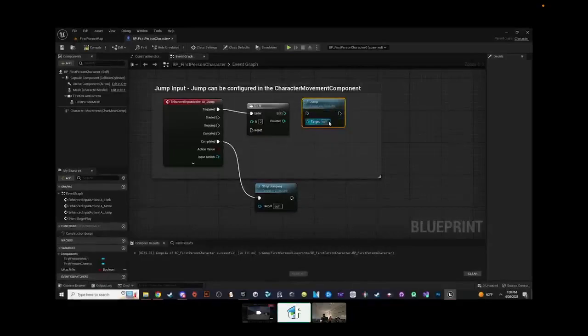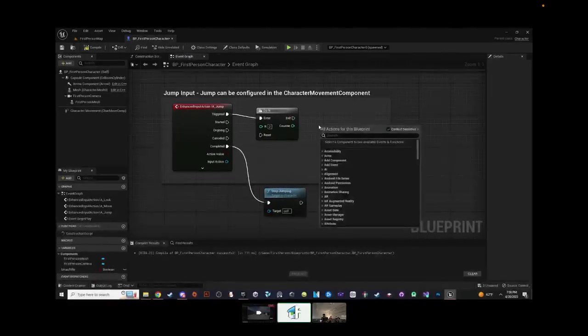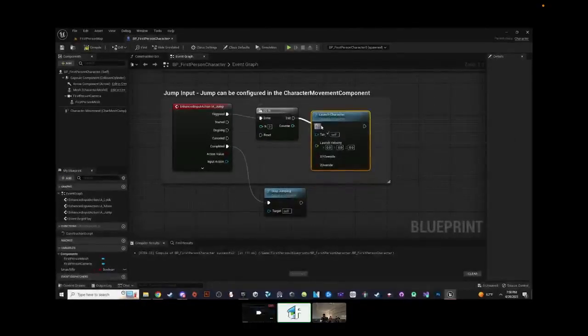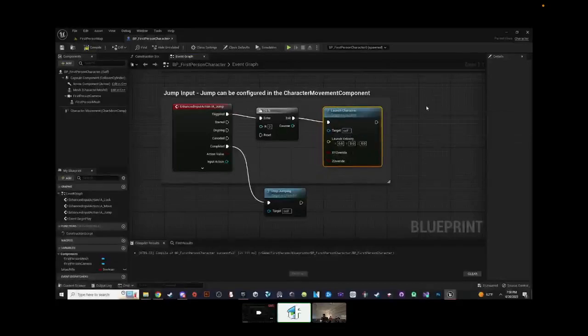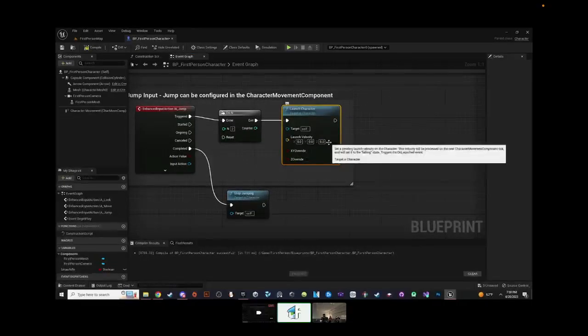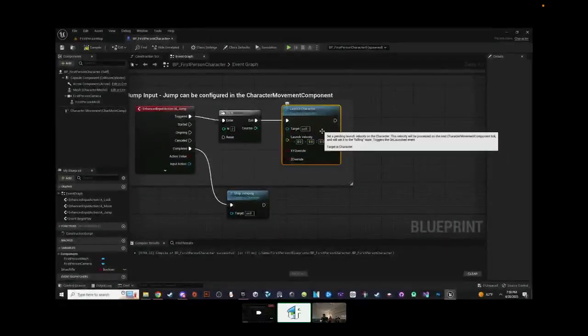Actually, let's try to use a different function instead of the jump. What if we try to launch our character instead? And what do you know, they have Launch Character. That's one of the many things you're going to find out when it comes to Blueprint and the functions, because there are a lot of pre-made functions, and they're honestly really direct. So it's a matter of not only figuring out, but also guessing, because they have functions similar to what you would see in C++, but they even have inbuilt functions to launch a character.